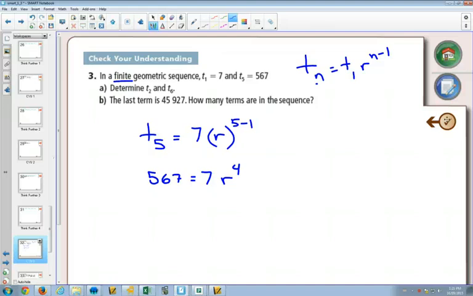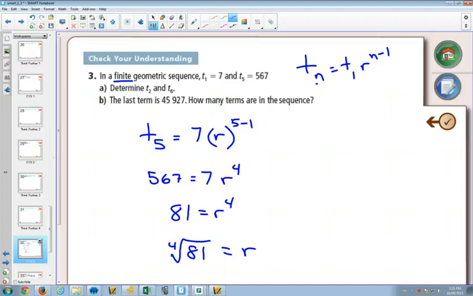5 minus 1 is 4. If you divide both sides by 7, you get 81. Now, how do you solve for r if you have r to the 4? Square root would be what you would do if it was r squared. So what are we doing as a power 4? Fourth root. So if we took the fourth root of both sides,